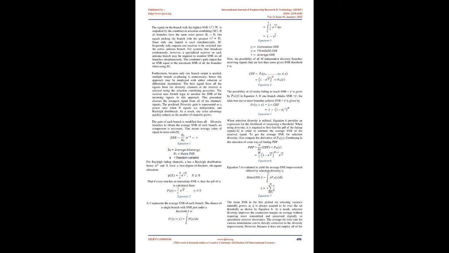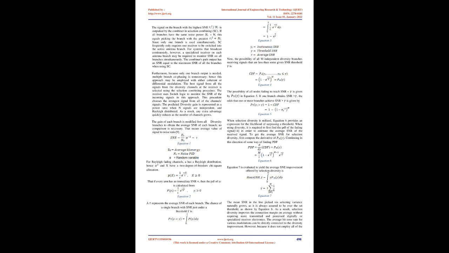The signal on the branch with the highest SNR is output by the combiner in selection combining, SC. If all branches have the same noise power, this equals picking the branch with the greatest signal power. Since only one branch is used at a time, SC frequently only requires one receiver to be switched into the active antenna branch. For systems that broadcast continuously, however, a specialized receiver on each antenna branch may be required to monitor SNR